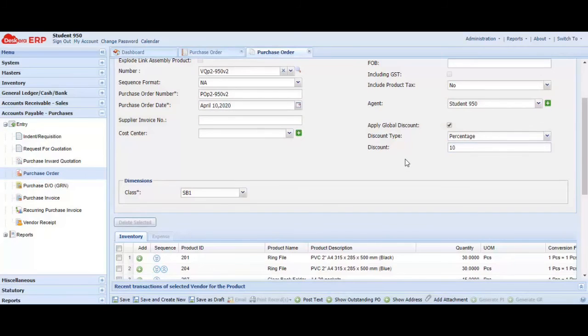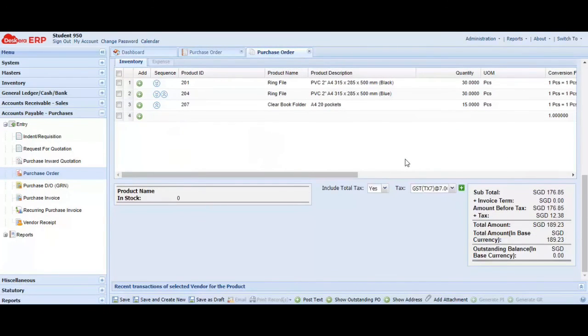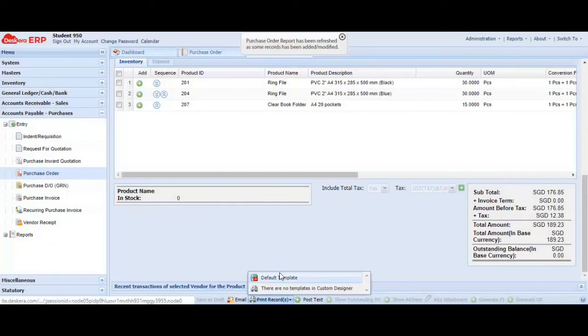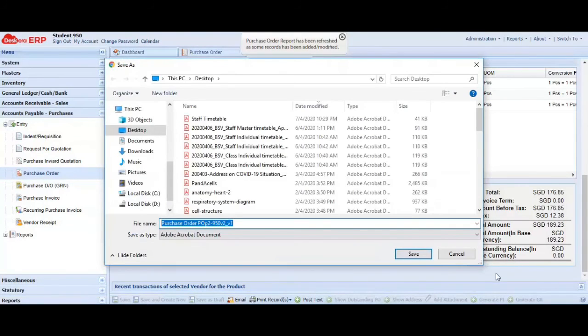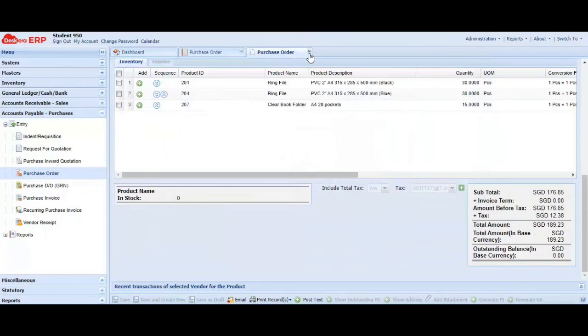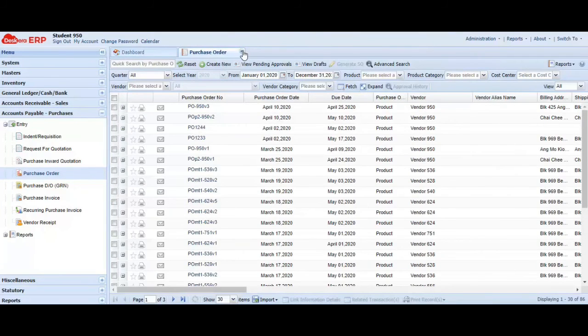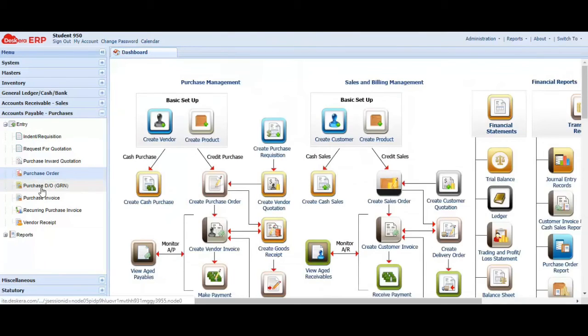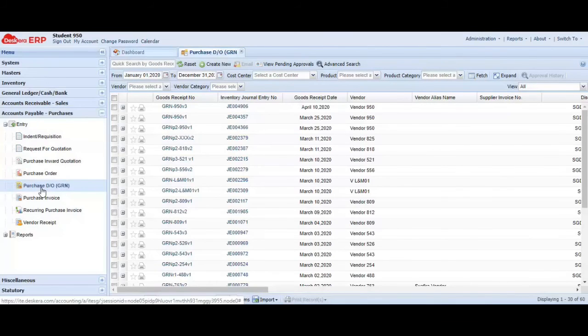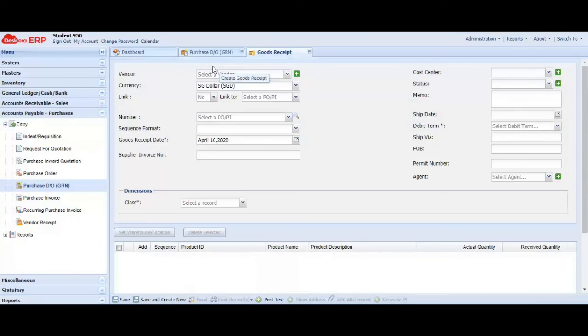And the final step now, okay, close all the tabs. We are going to generate a purchase delivery order. So in order to do that, you go to Purchase GRN and click Create New. Once again, select the right vendor. Okay, check that the debit term is correct, and then link to my purchase order. So the purchase order that we created just now, and then select NA for sequence format, and then the given